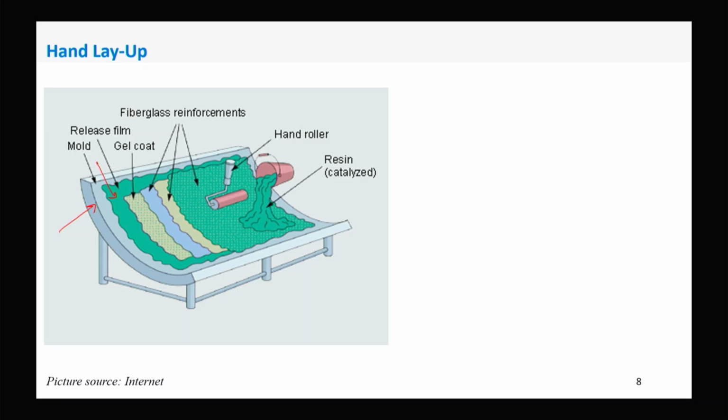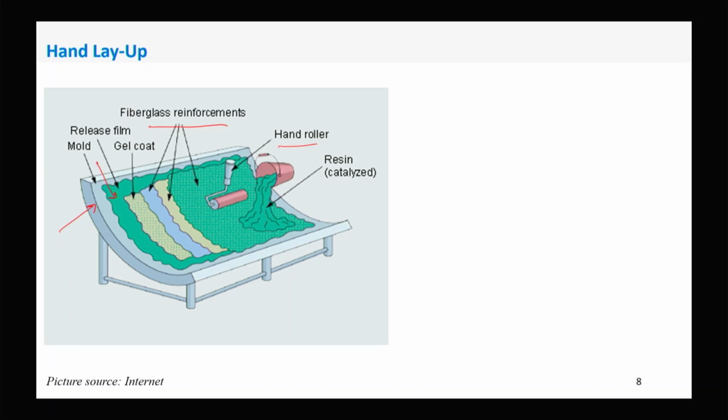A thin film is placed on the mold so that after curing, the composite can come out easily. Then gel coat, then fiberglass reinforcement. So the reinforcements are there, and after that resin is poured on it, and by hand roller the resin is spread